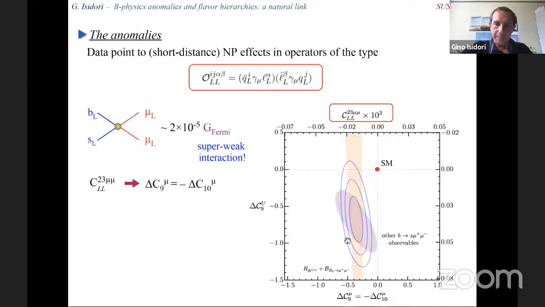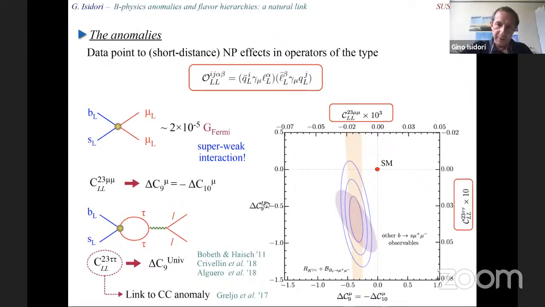This is actually the precise information that we have here. The less precise information is this modification to the universal C9, which is partially polluted by the charm, but doing our best, we can still get an information here. You see this is not different from 0 more than 2 sigma, but still this is interesting, and we can interpret it exactly with the same type of operator, but now instead of having the muon, having the tau here with the larger coupling. Then if we close the tau loop, you attach a photon, you modify electron mu in the same way, and